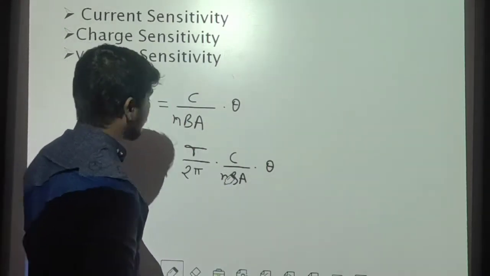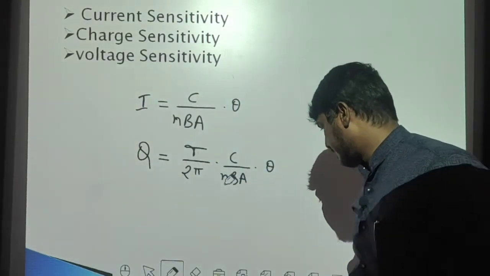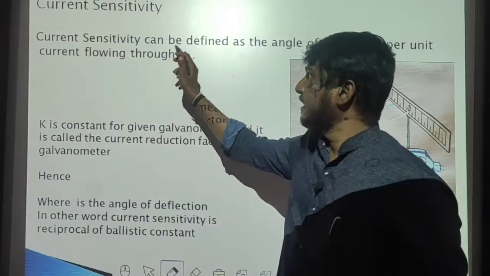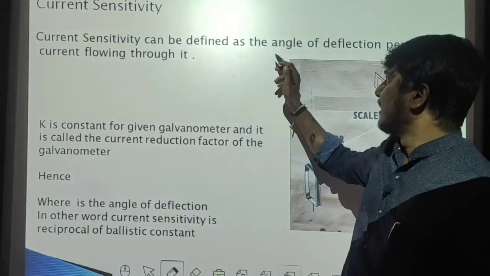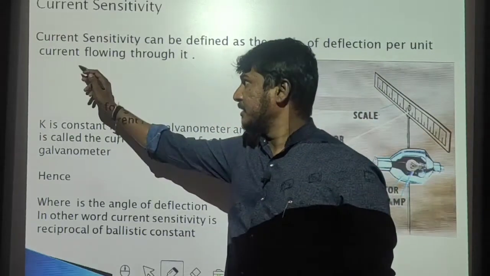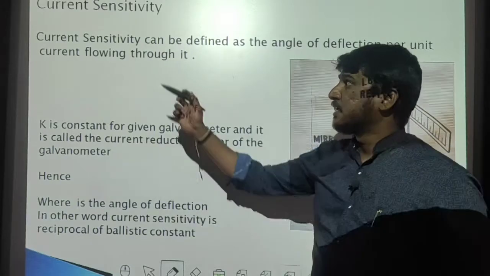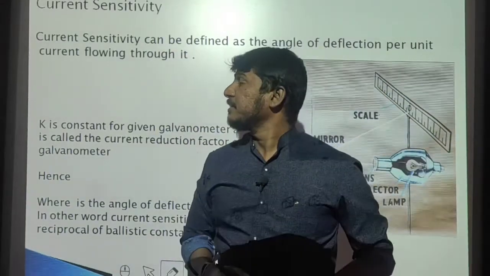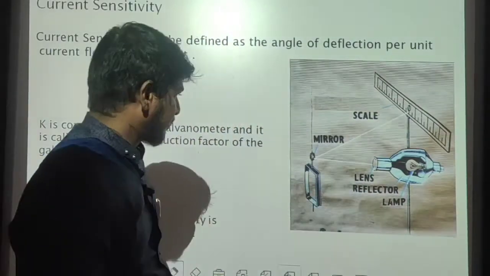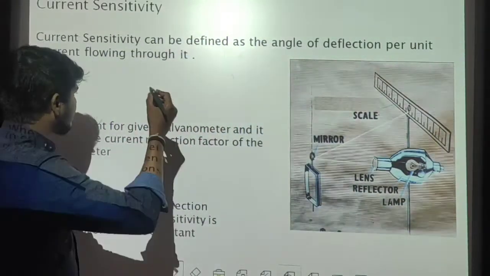Now let us see the first type, that is current sensitivity. Current sensitivity can be defined as the angle of deflection per unit current flowing through it. Let us try to explain current sensitivity by using the previous equation we have just discussed, that is